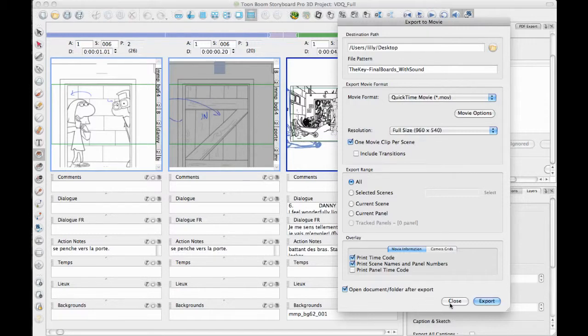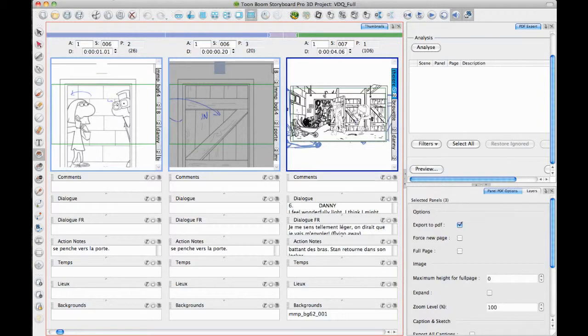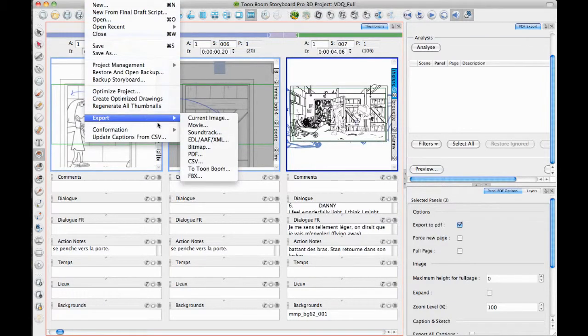And in addition to that, though, we do have other export options to go to different softwares. The EDL, AAF and XML option will take you to Final Cut Pro, Avid, or Premiere. And there are different ways that it works in different scenarios. So in the case of Final Cut, and this works with Final Cut before Final Cut X, it works differently. So we don't have the support for Final Cut X, but with the previous versions of Final Cut, you can